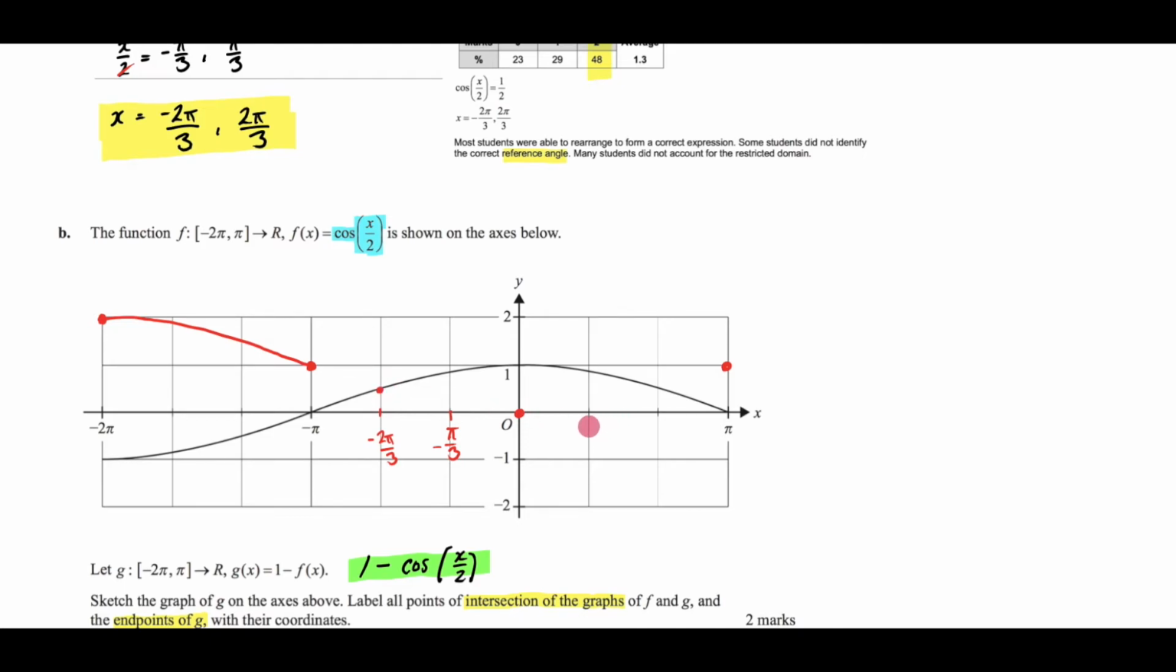And then so too on this side, this is going to be pi on 3. This is going to be 2 pi on 3. My intersection point is going to be occurring right here. So now I can continue to draw this in, and it's really important that you do this nice